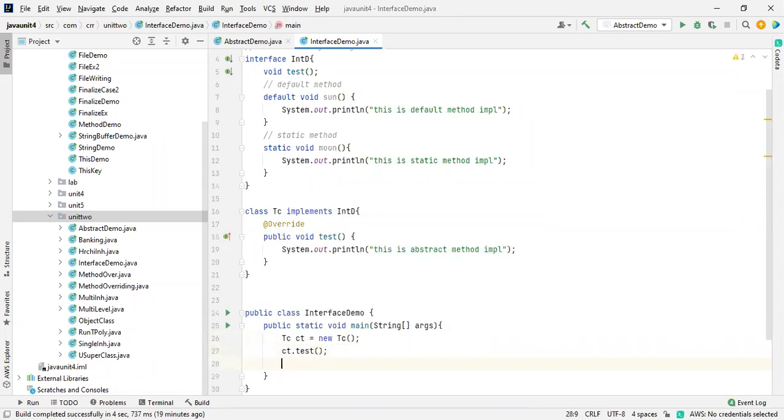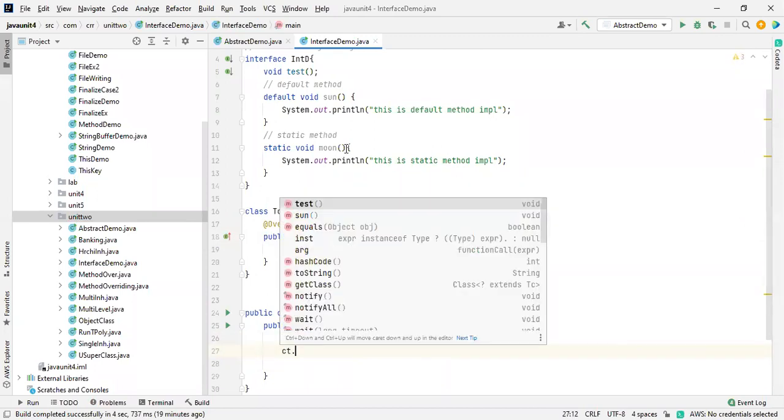One thing I would like to tell you: we have already seen test inside an abstract class. So I want to remove this one. CT dot, what things are shown? Because this class, TC, implements the properties of this interface.